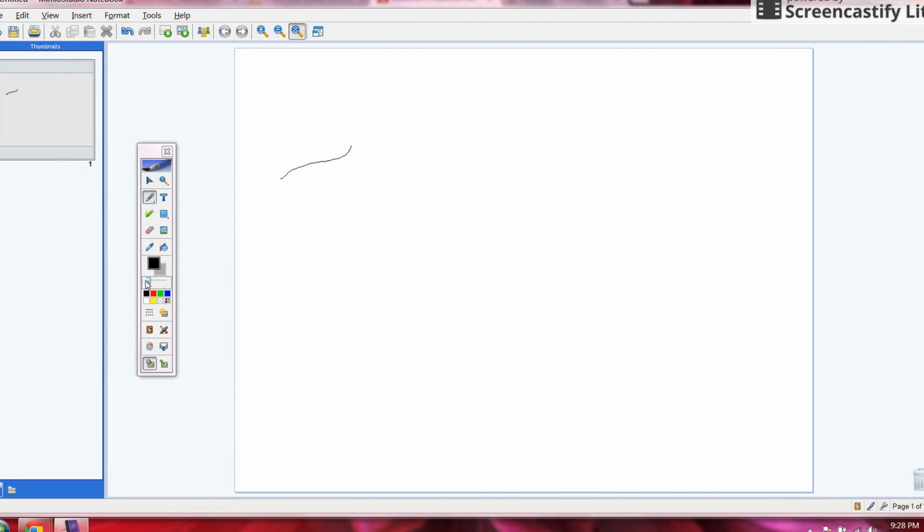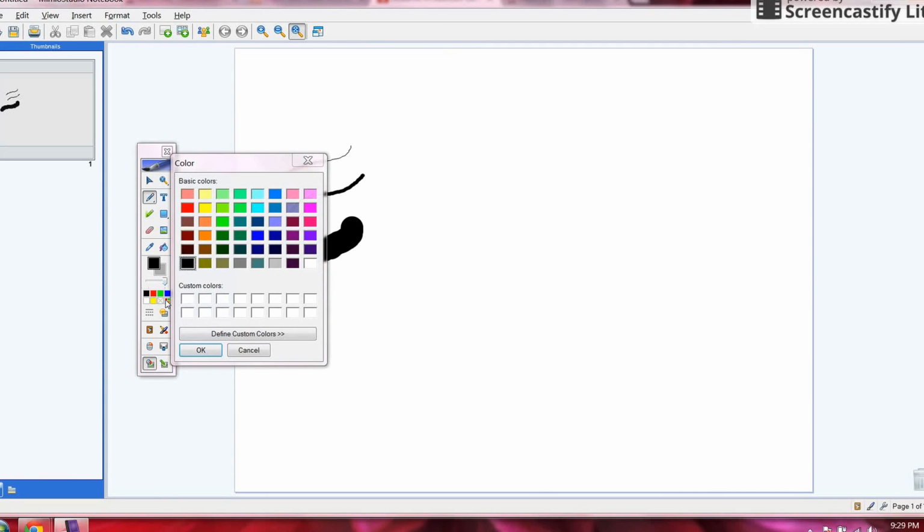You can make it a little bit thicker, and you can make it the thickest. You also can choose your color, and they have some predefined colors here, but if you would like to select a custom color, you can select this one. It has the 4 different colors in the square, and it gives you the basic colors, but then you can select a custom color,